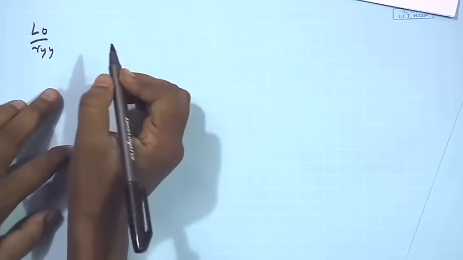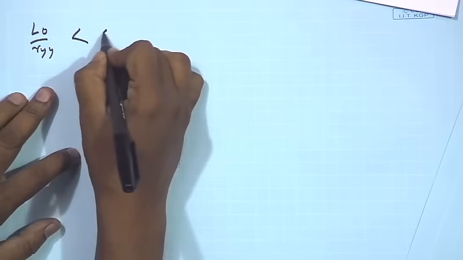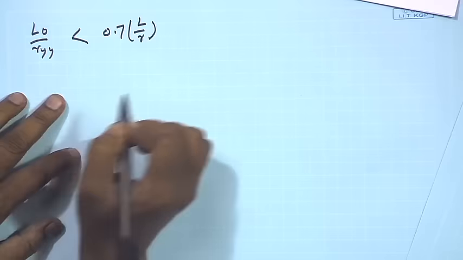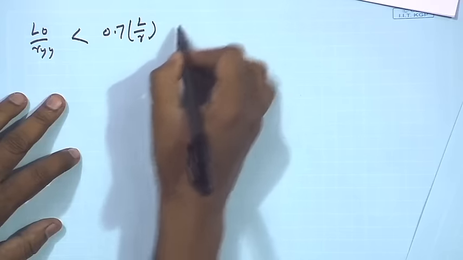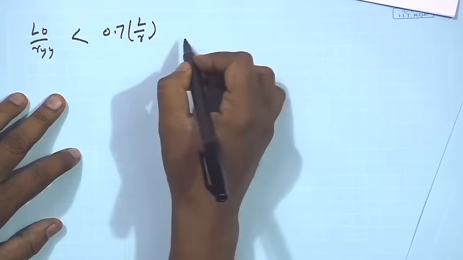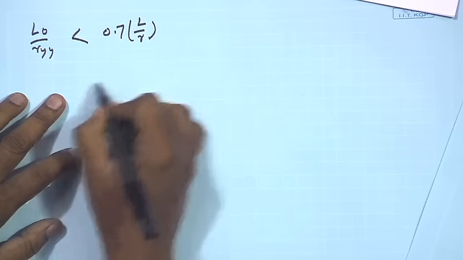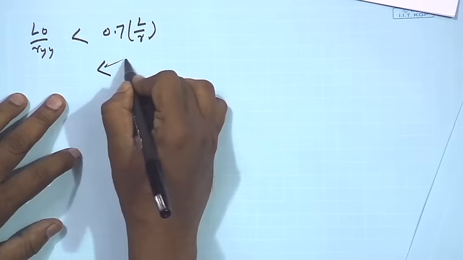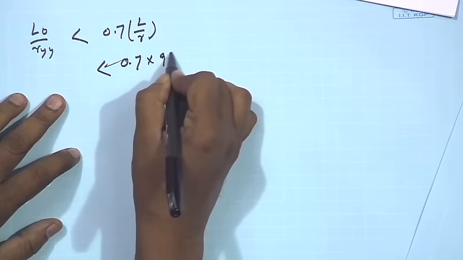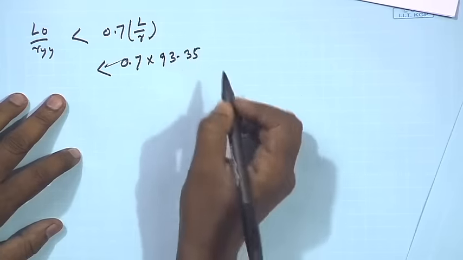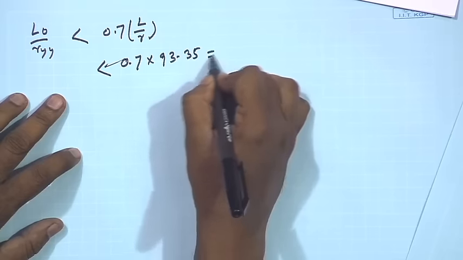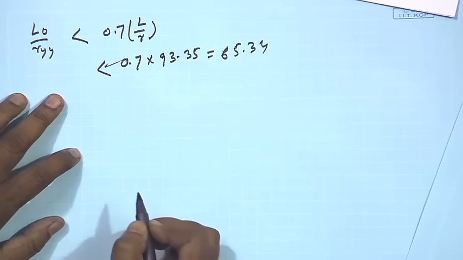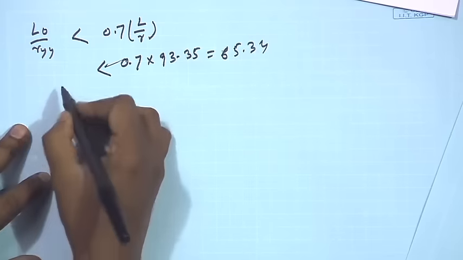Okay. So L0 by ryy should be less than 0.7 L by r. Okay. This L by r was calculated earlier as 93.35, that means 0.7 into 93.35. So this is becoming 65.34, right. So L by r